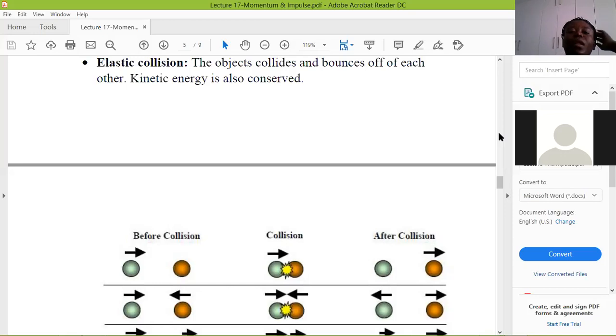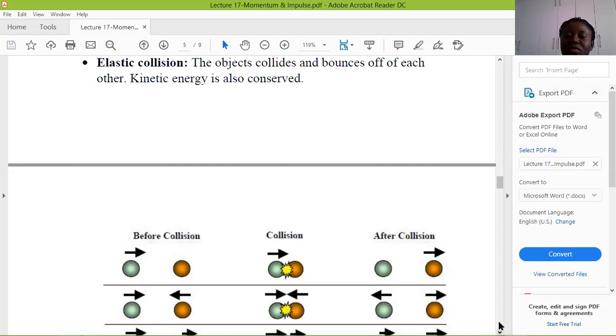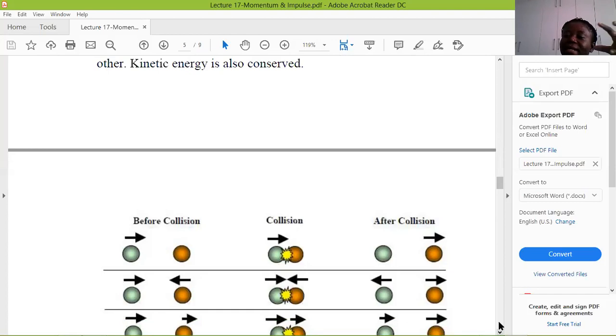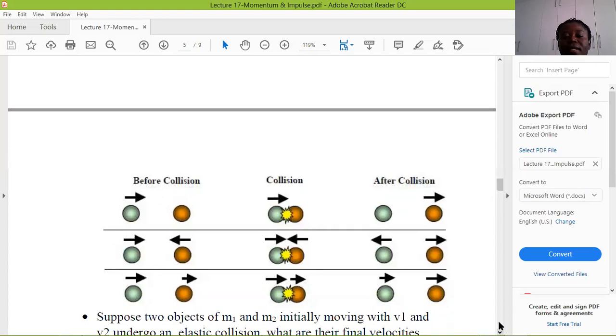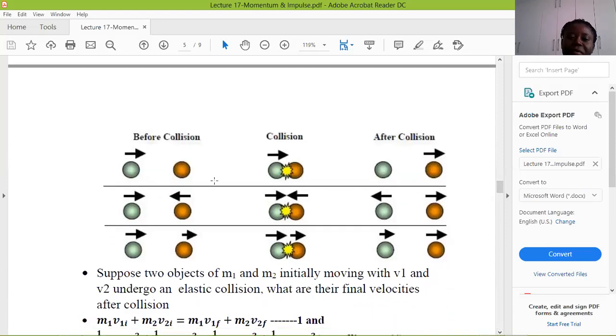Here the kinetic energy is conserved, so the kinetic energy before the collision and the kinetic energy after the collision is the same. Let's say we have a moving object that comes together and interacts with an object that was at rest. When they come together, the moving object stands